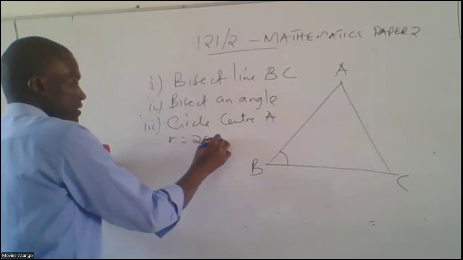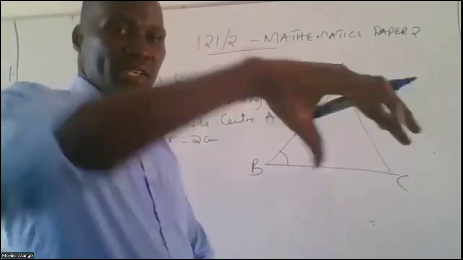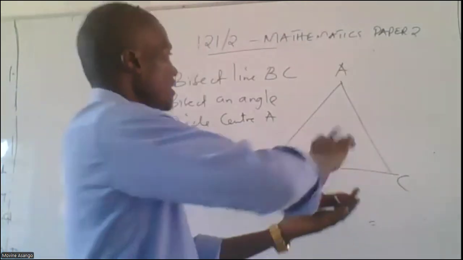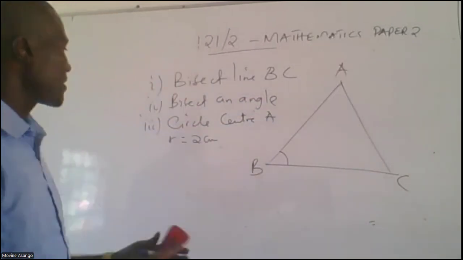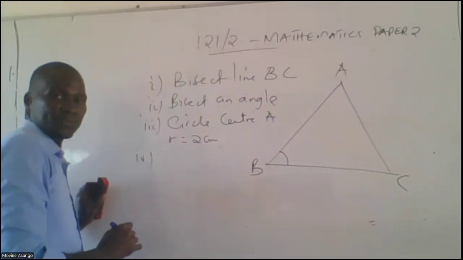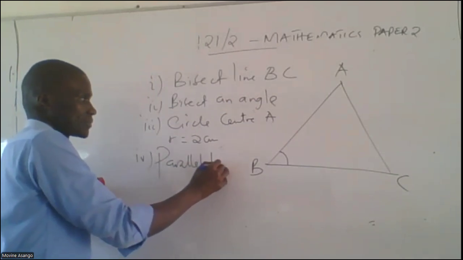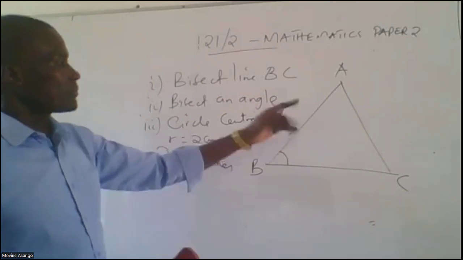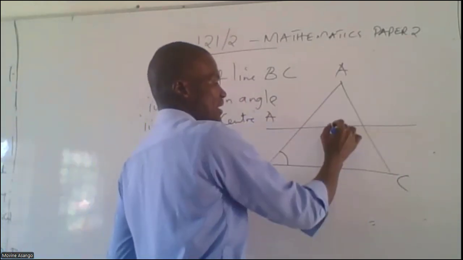Radius maybe 2 centimeters. If you're going to draw a circle, center A, radius 2 centimeters, you just measure the 2 centimeters using a protractor or a ruler, then come at A, you draw your circle very comfortably. Locus number 3. Number 4, we are talking about drawing parallel lines. If I'm told to draw a line parallel to BC, and it's 2 centimeters away,